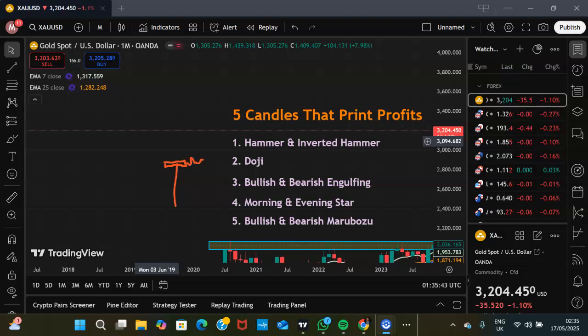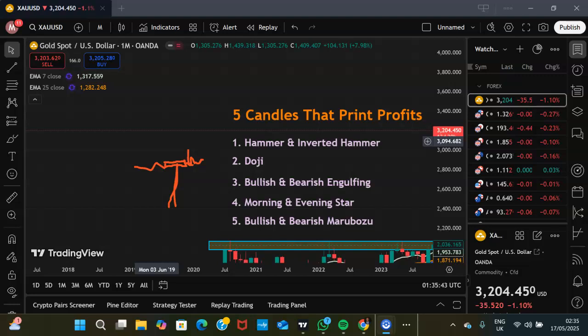You have the dragonfly wings, and then you have the tail. And yes, this doji signifies indecision in the market. It tells you that there's a balance between the buyers and the sellers, and you want to wait and see